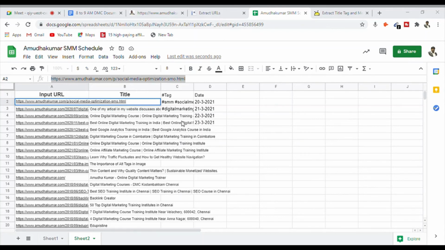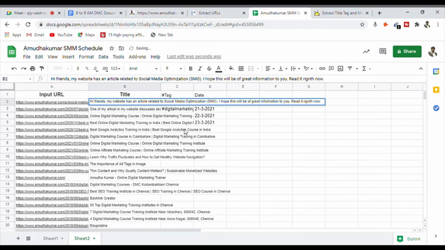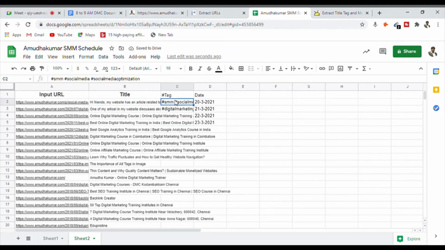The next thing I'm going to do is take the social media marketing hashtag and paste it here. If you see, social media has almost 43k posts. So what I've done is publish the content by describing it to the people, added a URL and also added the hashtag. Now, if I have an image, I can go over and upload it.